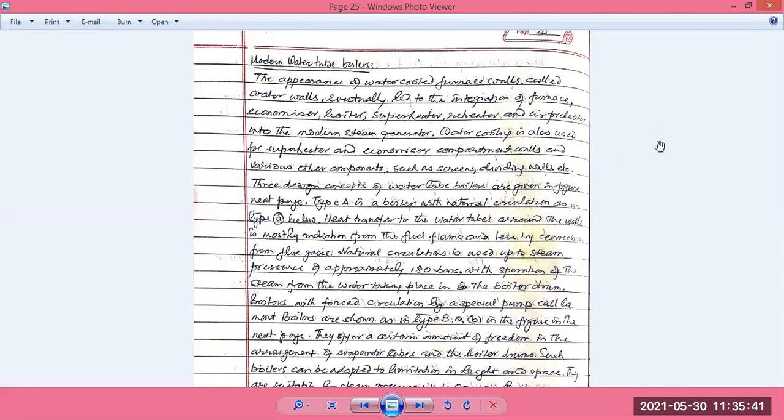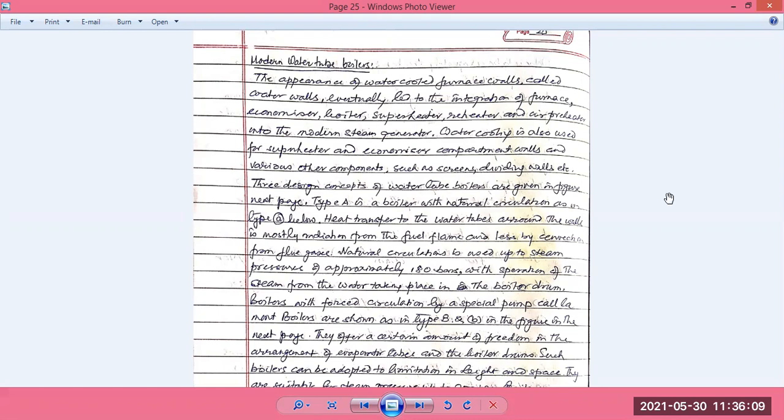The total steam generation system is the integration of furnace, economizer, boiler, superheater, reheater, and air preheater. All these are integral component parts of a modern steam boiler itself. Water cooling is also sometimes required for superheater and economizer compartment walls, because in order to cool a superheater,